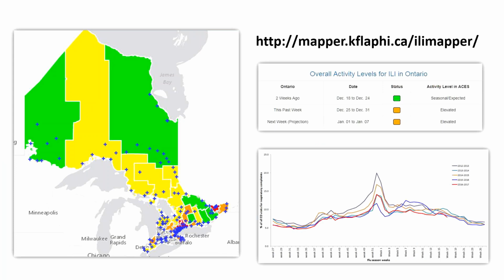One of them is called ILI Mapper, the Influenza-like illness mapper. It's a very simple tool. It's out on the public internet. There's no password required to use this tool. And the idea is, because this is real-time data, this is not delayed data. We're not looking for formal diagnoses here. We're not waiting for NACRS or DAD data, but in real time, every week or at any interval we want, we can share with the public and with public health partners information about the spread and diffusion of influenza-like